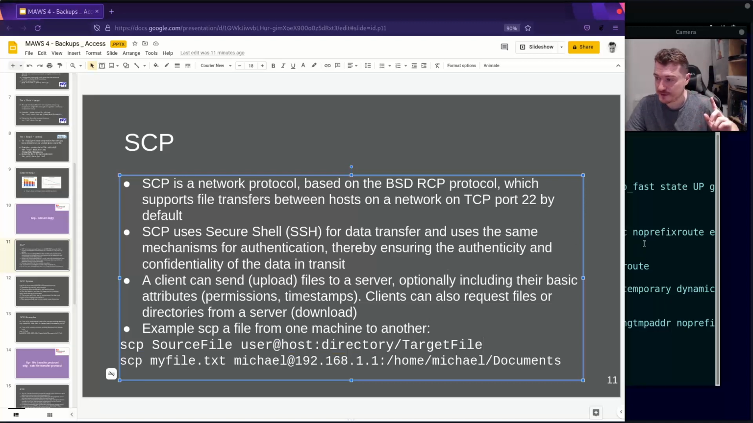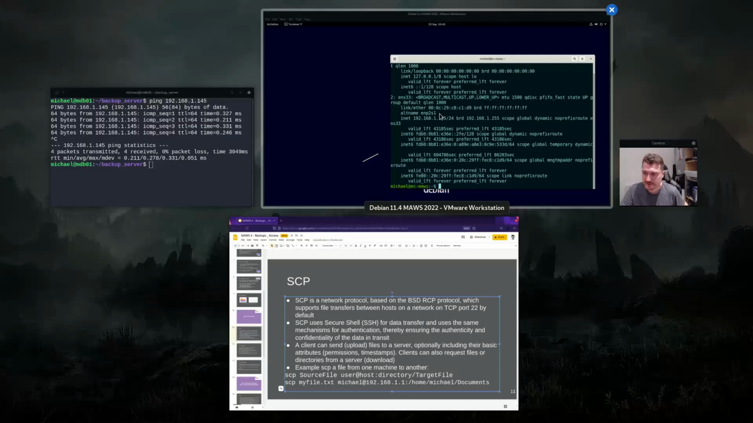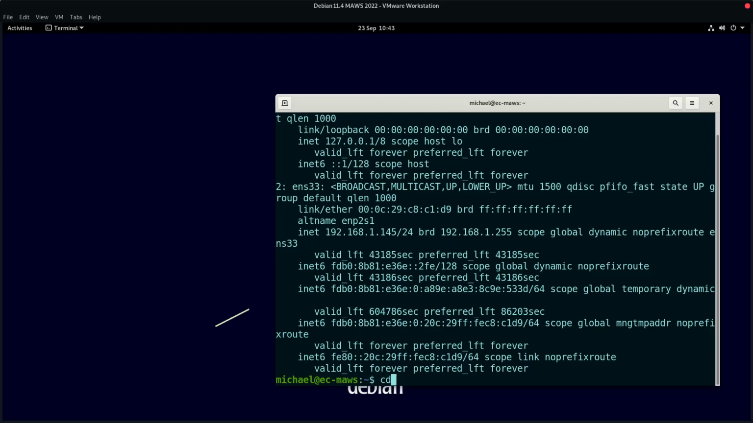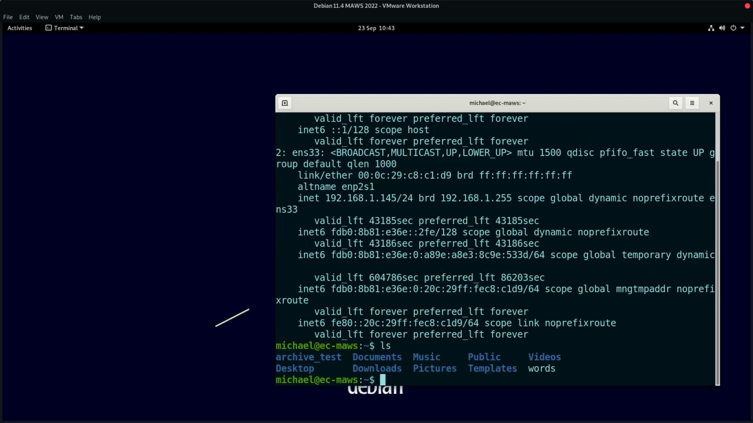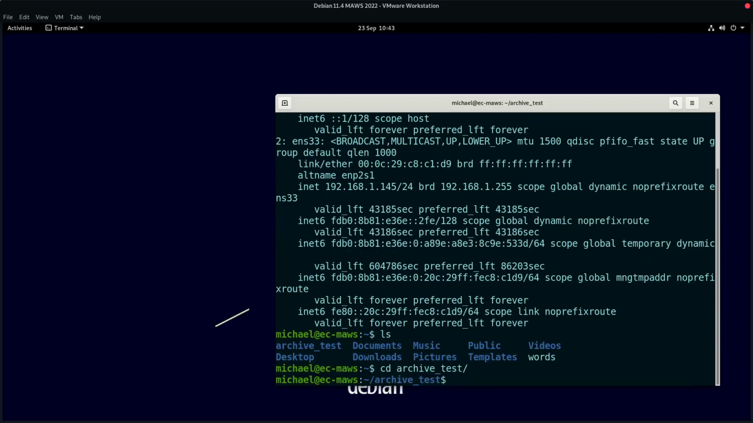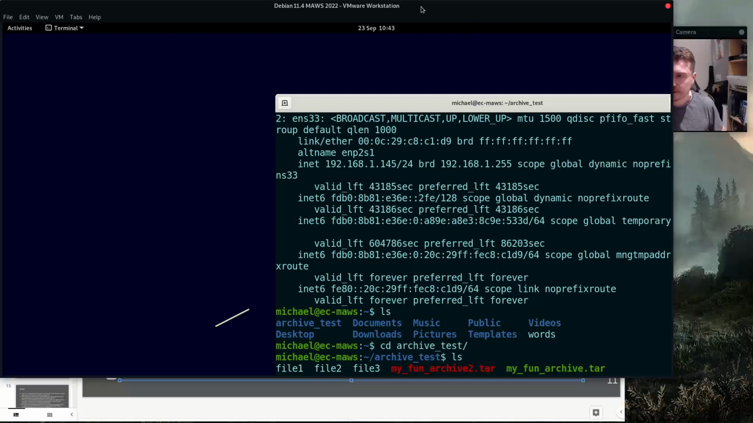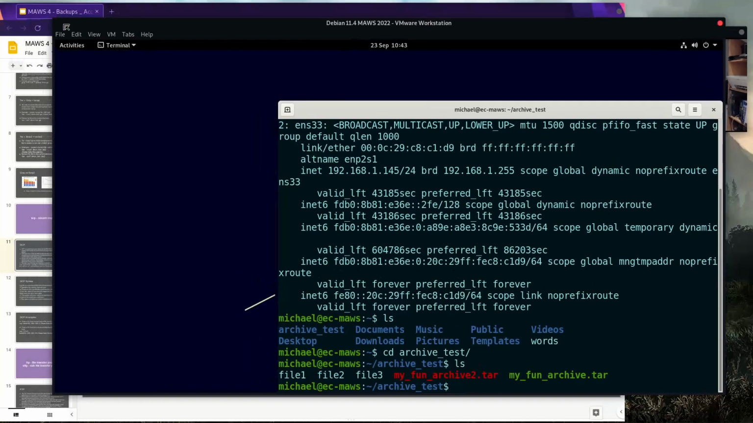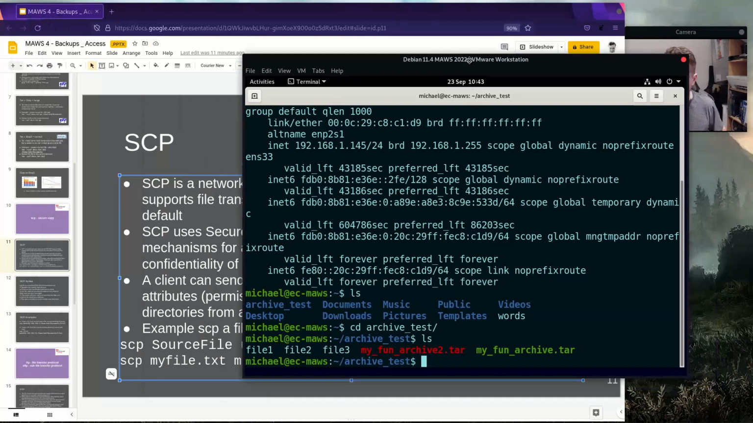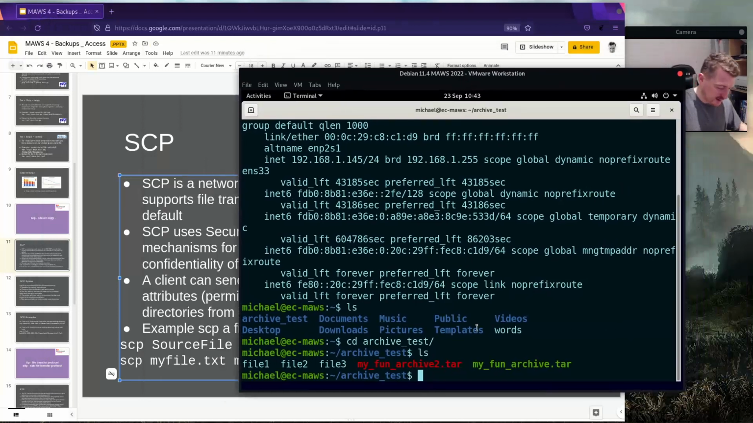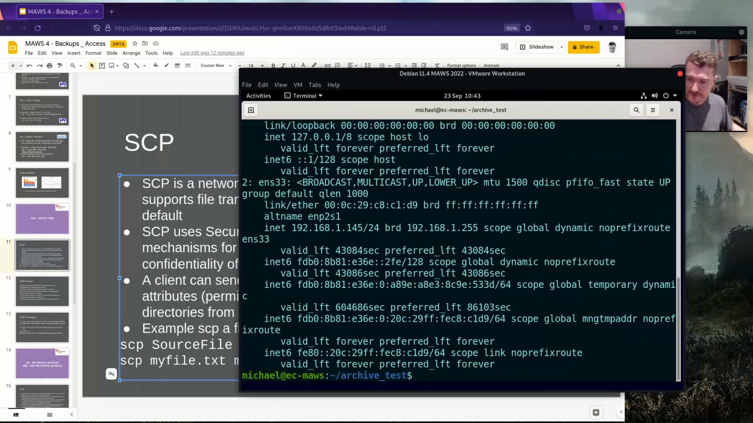So what I'm going to do is on my server here, we're going to cd, let's just ls for it. So we've got our archive test directory, so let's cd into archive test. Right, so we made myfunarchive.tar. So what I want to do is send myfunarchive.tar to a different location, and we can ramp this up a little bit actually, because if I do IPA on the server, it's